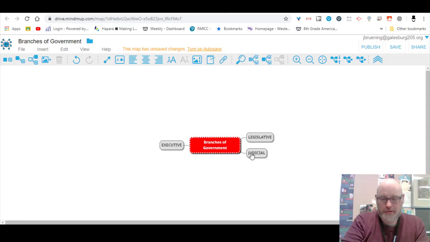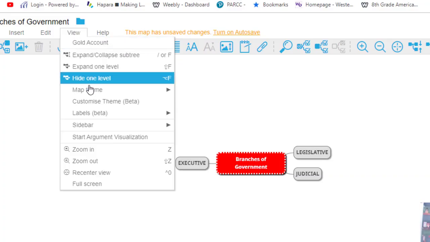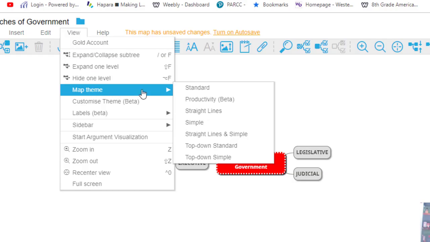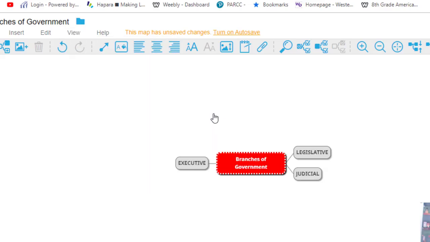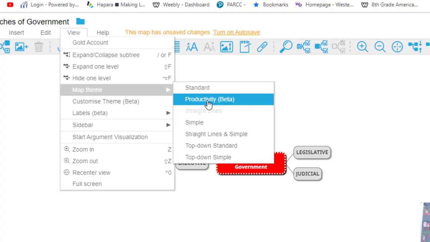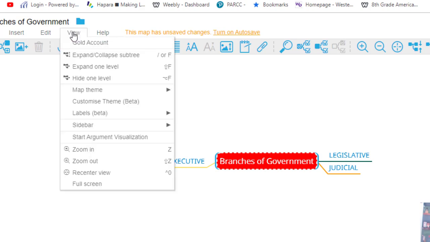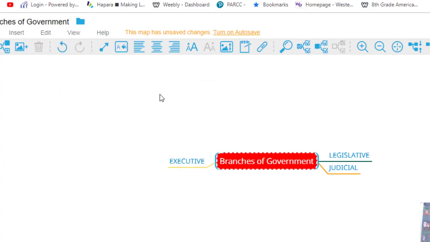Now, I could keep on adding more stuff here, but if you notice, this isn't necessarily how I want this to look, because it's got the branches going in different directions. What I would like is a top-down picture of some sort. So what I can do is go to this view. If I click on view, here you can see map themes. It has all these different ways you can organize it. Here's a straight line one, so you can see the lines change to being straight. Productivity, you can see you can change how it looks a little bit here. But I just want a standard,